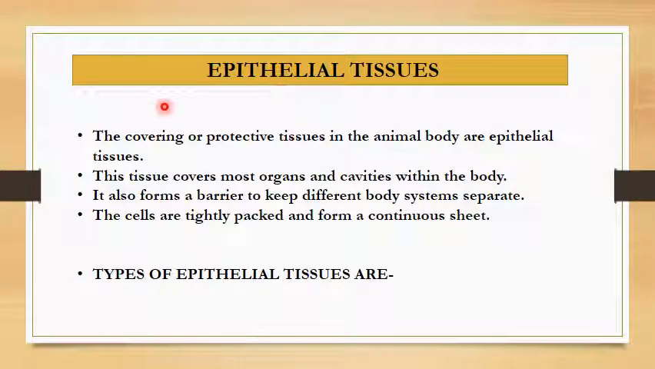Epithelial tissues. The covering or protective tissues in the animal body are epithelial tissues. This tissue covers most organs and cavities within the body. It also forms a barrier to keep different body systems separate. The cells are tightly packed and form a continuous sheet. Types of epithelial tissues are: